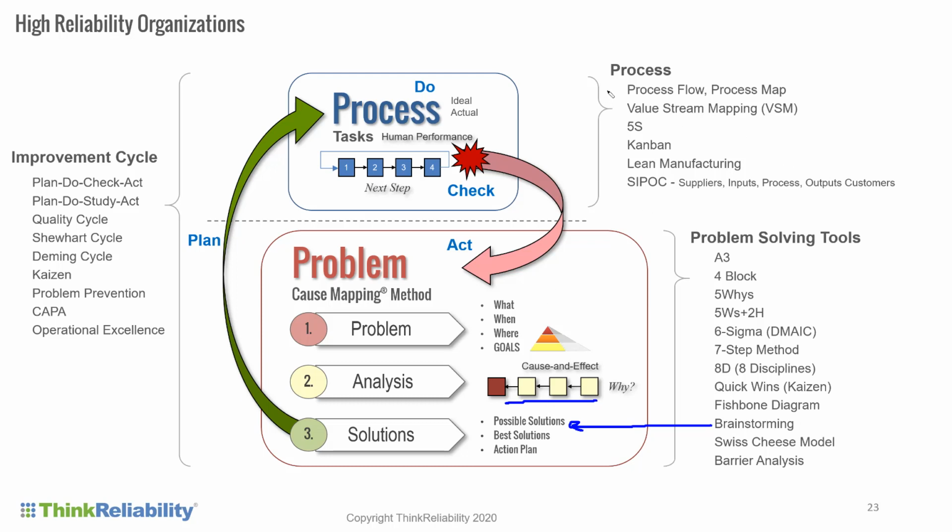Everything related to process, whether it is a process flow or process map or value stream or 5S, it all has to do with making that work process go better. And then the connection between these two is the overall Shewhart cycle, quality cycle, Deming cycle, what overall is called the Kaizen approach of continuous improvement or problem prevention. But again, this is not to point out that there's confusion. It's to say these tools all align fundamentally, that there really are processes in your organization, and when they don't go well, it's a problem.